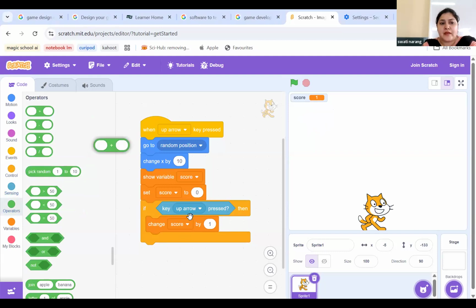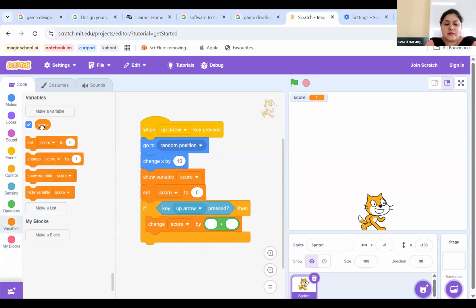And if I want to increase the score, then what would I do? I'll write here change score by score plus 1 this way. So this way, as soon as I press the up arrow key here,